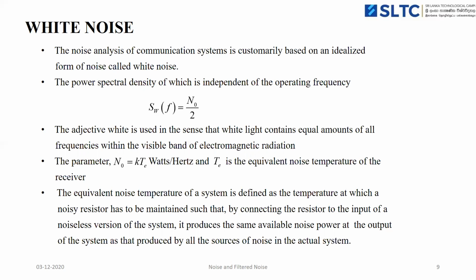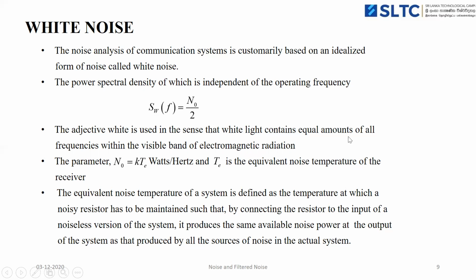The power spectral density of the white noise is independent of the operating frequency. That is a very important thing about white noise. So it is independent of the operating frequency component, and it is denoted by W of f equal to N naught by 2, where N naught is the power of the white noise component, which is equal to k into Te. The unit of N naught is watts per hertz,